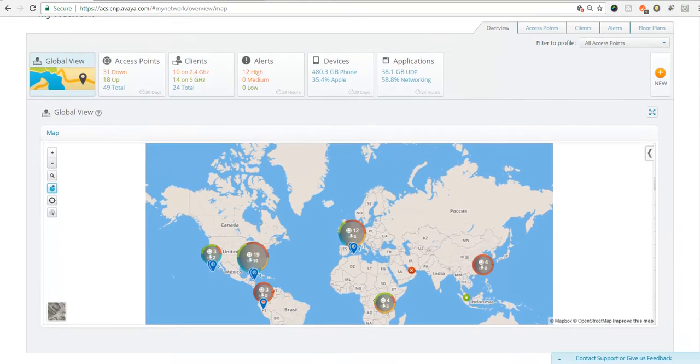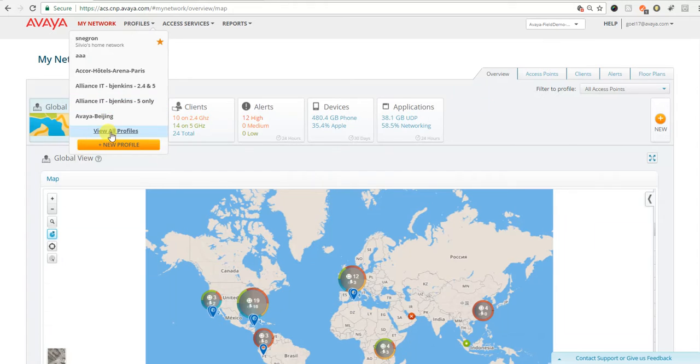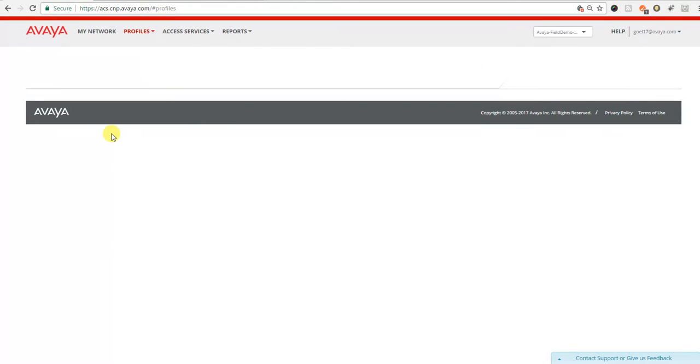In the previous demo, we talked about how you do the zero-touch provisioning of a brand new access point and what these tiles are and how you can use them. In this particular demo, let's start with, if you have an Avaya Cloud Networking Platform and you want to create a profile, how do you go about doing that? So you come here to the profiles and let's take a look at all the profiles we have already created